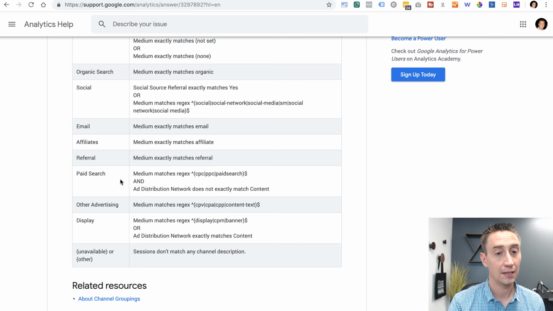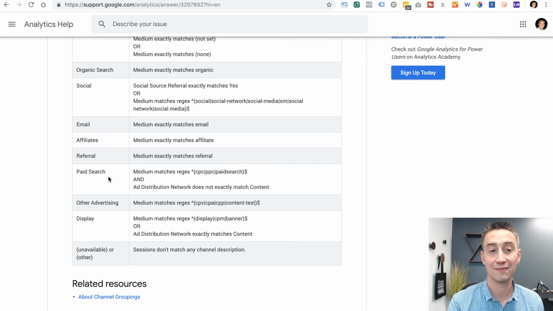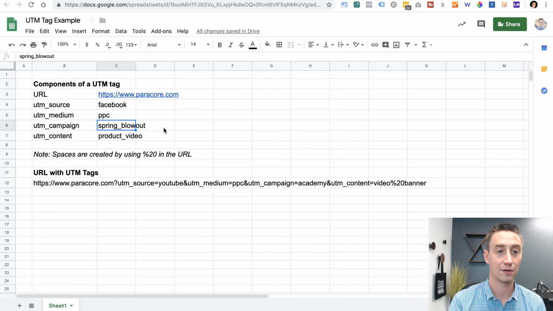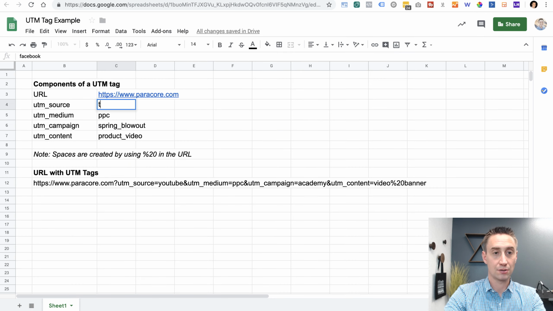So it's going to be under paid search, not under paid social. You can actually create a channel called paid social, like a channel distribution in analytics, but it's going to fall under paid search. So it's not search, but it's going to fall under that way. And so you can use that for AdWords as well. If you're doing affiliates or referrals, you can do affiliate traffic by having the medium match affiliate. If you're doing referrals, like let's say we were doing Trainual,